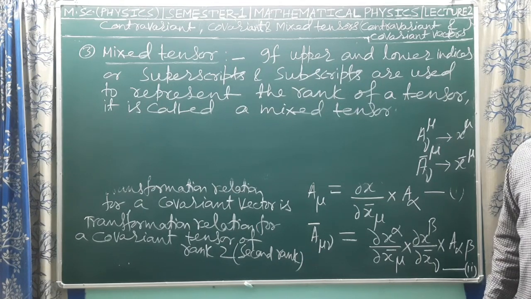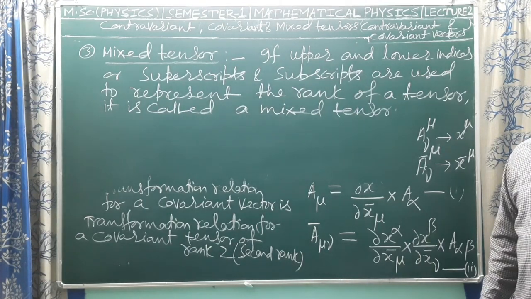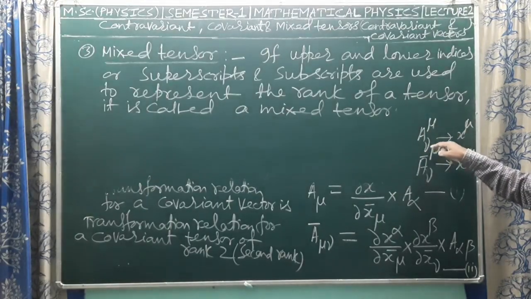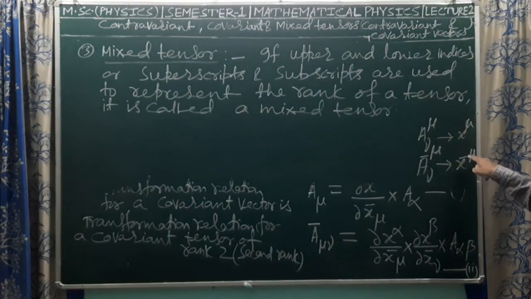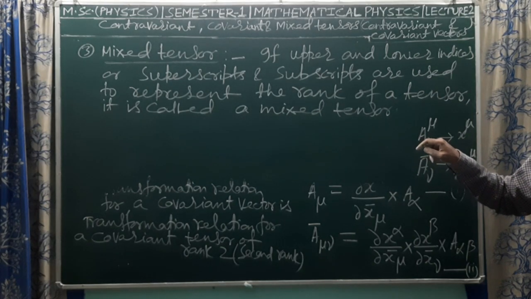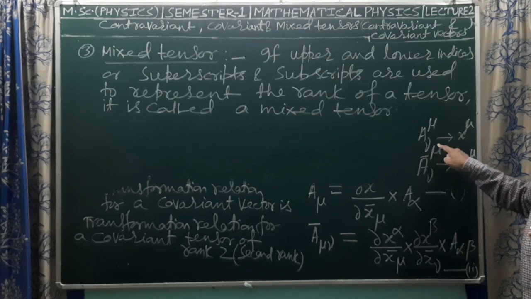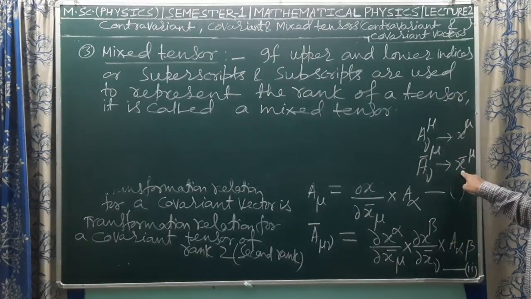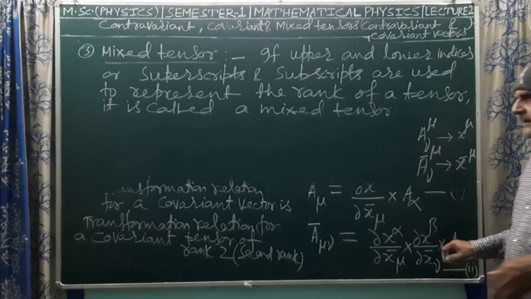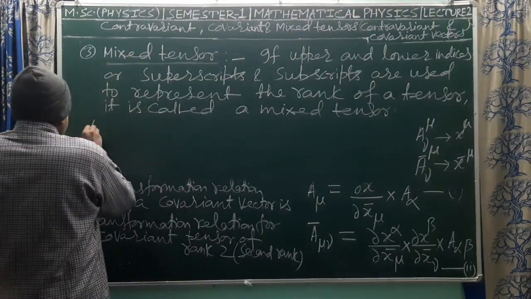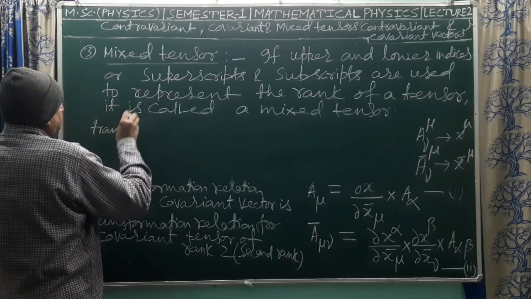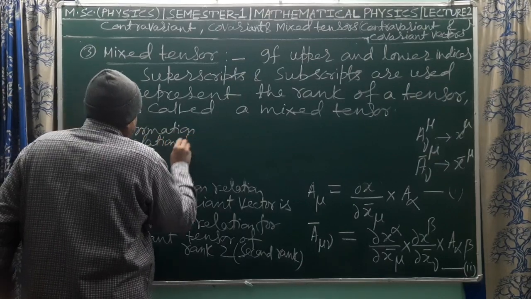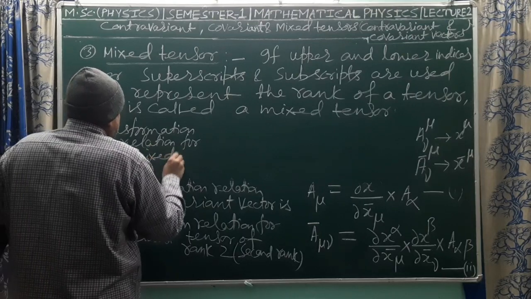So if n square quantities a mu nu in a system of variables x to the power mu are related to other n square quantities, a bar mu as upper index, nu as lower index, in another system of variables x bar mu, then the transformation relation for a mixed tensor